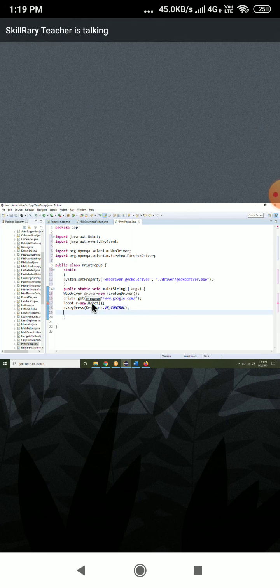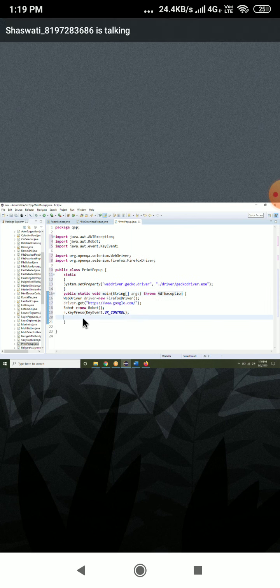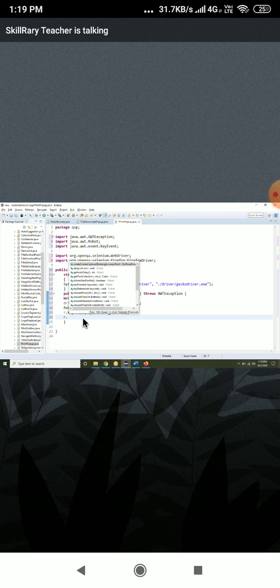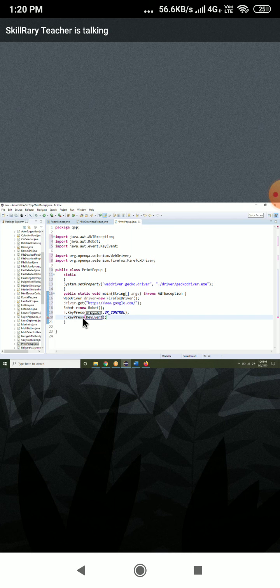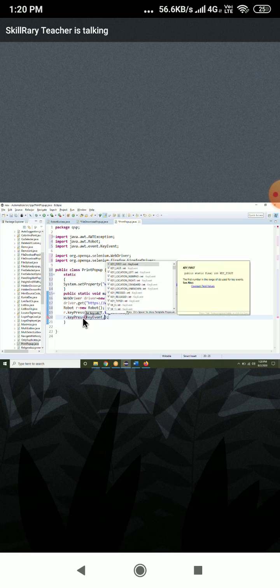Next, what is the next step? r dot keyPress. I should press what? Control is done. Now I should press T.